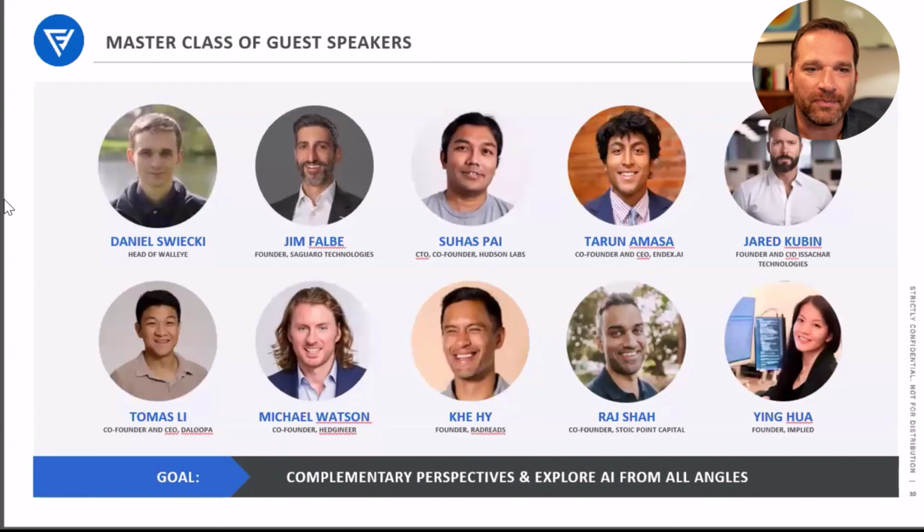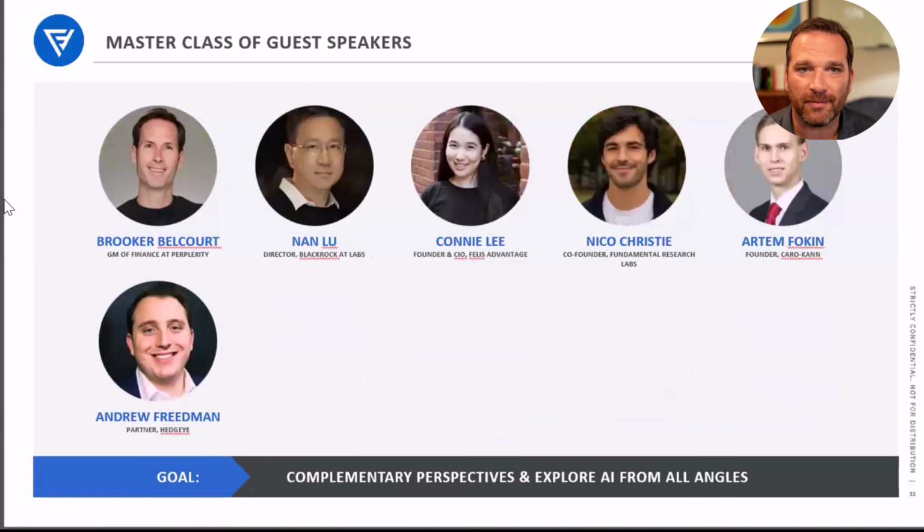And so we're joined by, I think, a masterclass of guest speakers, people from across the ecosystem: managers, consultants, engineers who are at sort of the leading edge of integrating these tools. So getting those complementary perspectives, just exploring AI deployment from all angles with sort of the humility that we are more seeking truth rather than have